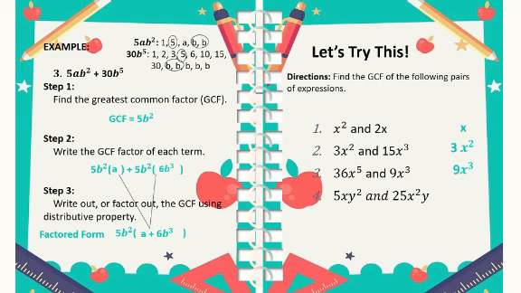Number 4, 5xy squared and 25x squared y. We have 5xy. Number 5, 45x cubed yz and 9xy squared z. What is the